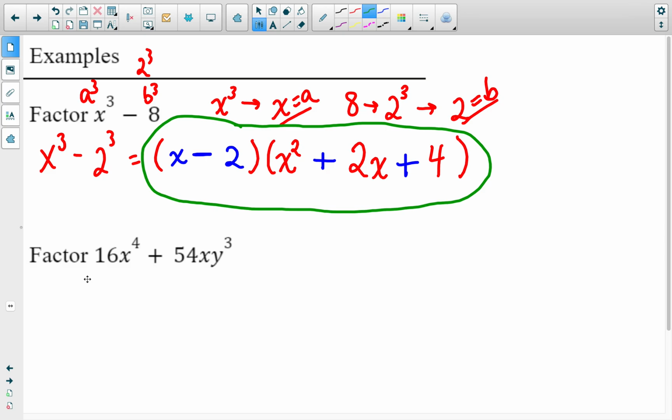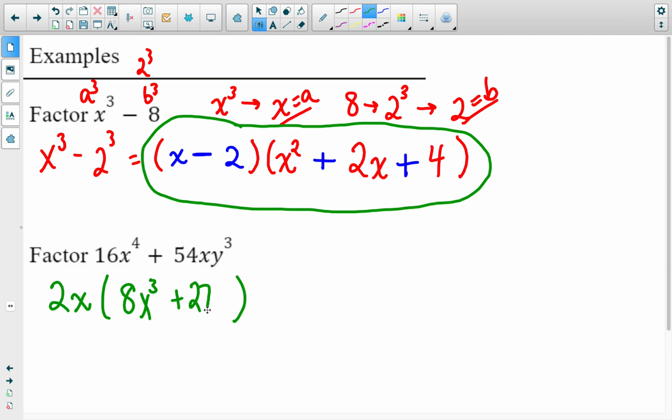Okay, so looking at 16x to the fourth plus 54xy cubed, nothing is jumping out that it's factorable right now, okay? But our first step is to factor out a GCF. So look at your 16, look at your 54, ask yourself what number can you factor out of both of those? We can factor out a 2. We can also factor out an x. And then what we're going to be left with is 8x cubed